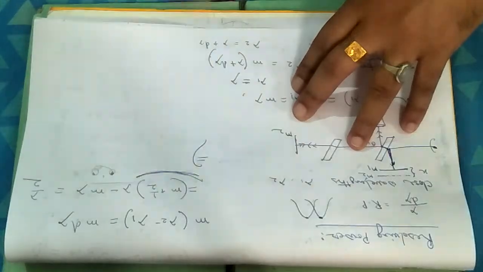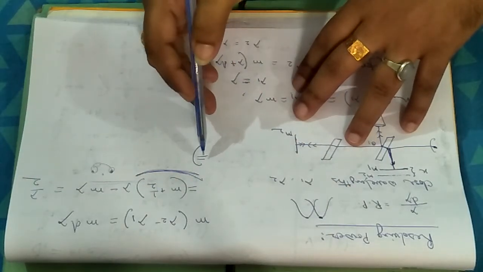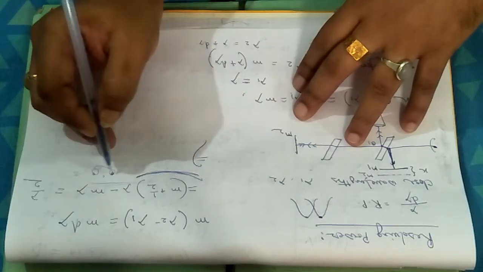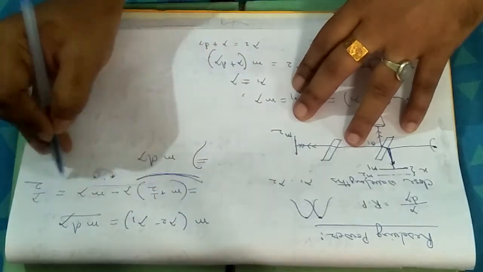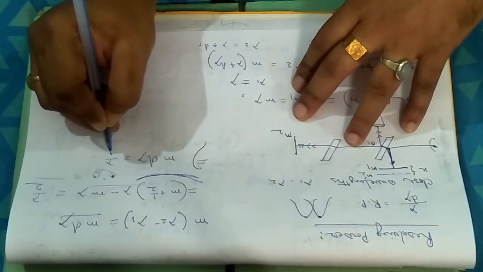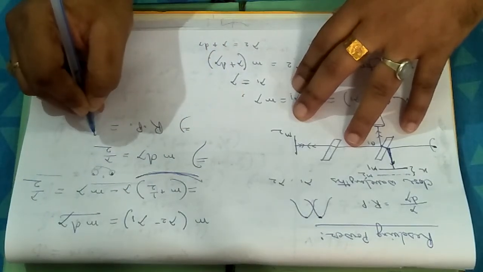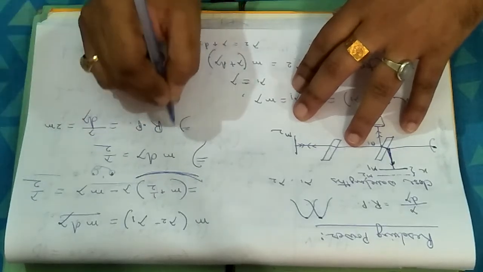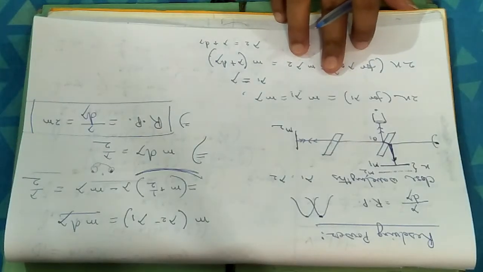So this mathematical condition is to be satisfied for satisfying the minimum criteria of resolution. So what am I getting? I am getting m d lambda equals lambda by 2. So resolving power equals lambda by d lambda equals twice m. This is the resolving power for the Michelson interferometer. What is m? m is the order number.